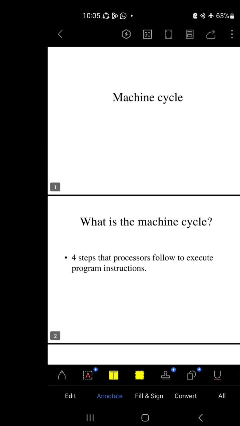So our third lesson is machine cycle. You can ask yourself, what is machine cycle? Machine cycle in computing is the basic operation cycle of a computer's central processing unit, that is the CPU. It consists of a series of steps that the CPU follows to execute an instruction. Every instruction a computer performs is processed through this cycle, which involves